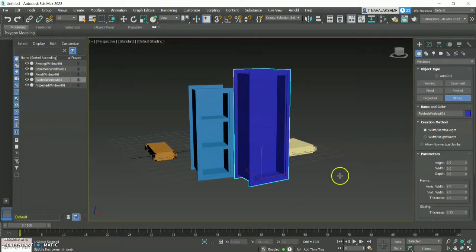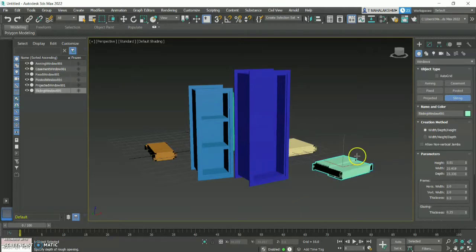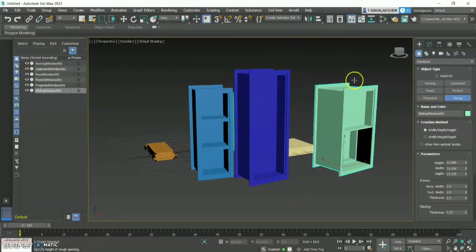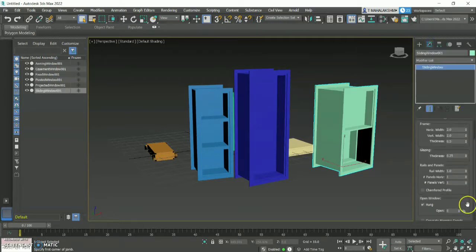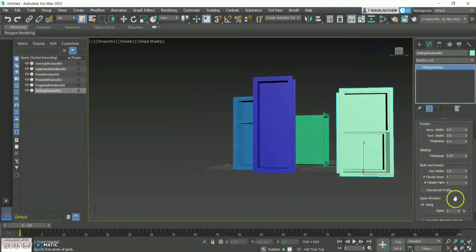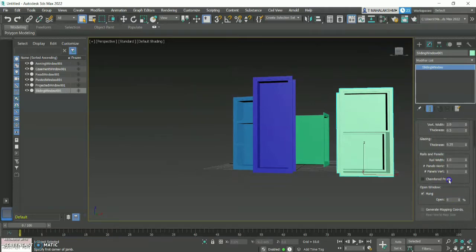And the next thing is sliding door. With 3 clicks I have created a sliding door. And now let me go to the modify option and let me show you how the window will open. As you can see, it has a sliding option. This particular sliding window has the same sliding option. When I open and close, it is just like a window getting slid towards left and right.